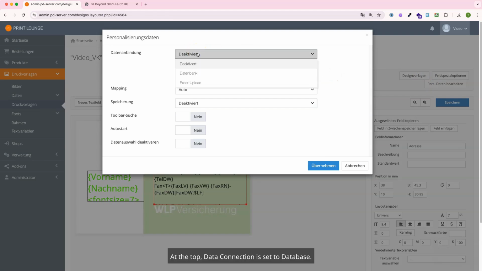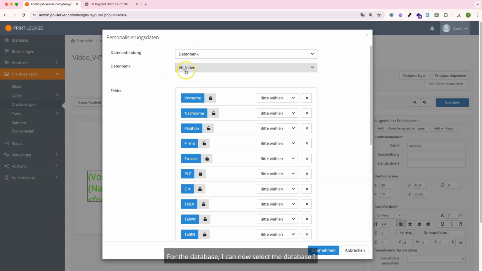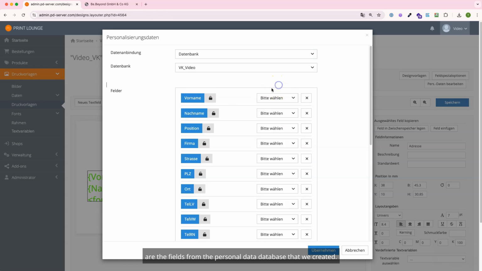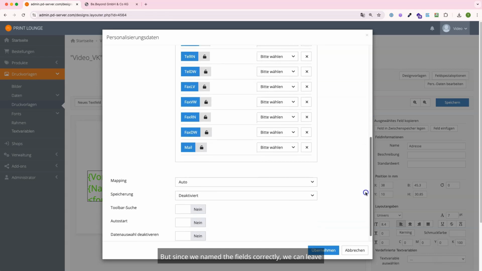At the top, data connection is set to database. For the database, I can now select the database I created earlier. Fields, so on the left, these are the fields from the personalization, and on the right in the drop-down menu are the fields from the personal data database that we created. Here we could now do a manual mapping, but since we named the fields correctly, we can leave the mapping